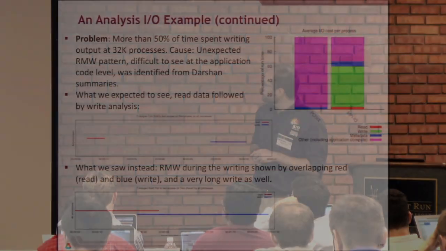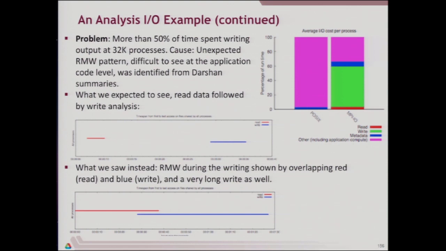So okay, so here we go. That's not the pointer. This is the pointer. So lots of I/O time, lots of MPI/O time, translating to very little POSIX I/O time. So what's going on here? Well, what we expected to see was, this is like on page 2 of the Darshan job summary output. We expect to see a phase where initial conditions are read, followed by some simulation, where no I/O is happening,